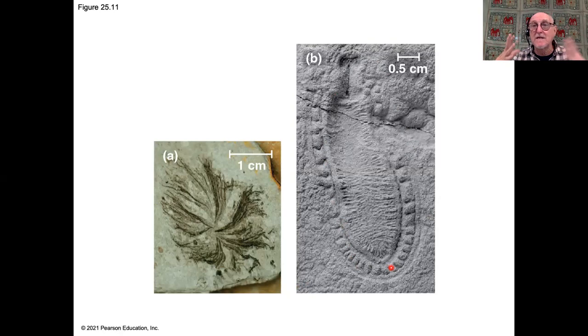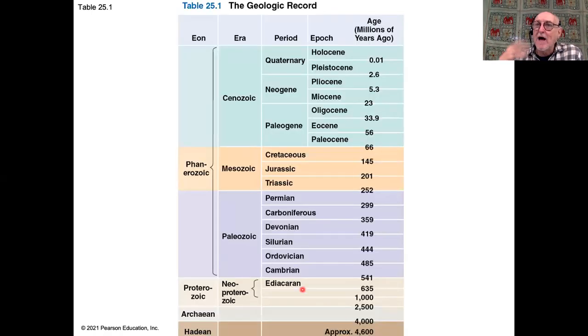We believe that they were flat, floating forms. We have no idea about how they actually functioned. It may well be that they depended on endosymbiotic prokaryotes or something like this. And these are called the Ediacaran Fauna. And they all appear to have been flattened, floating forms, maybe like jellies, something like that. But they died out absolutely and completely without a trace at the end of the Ediacaran.